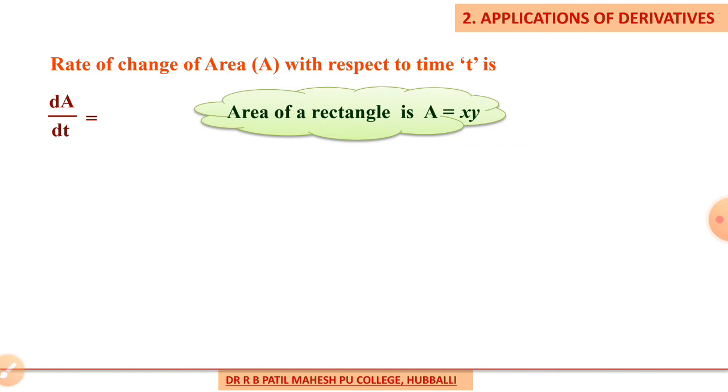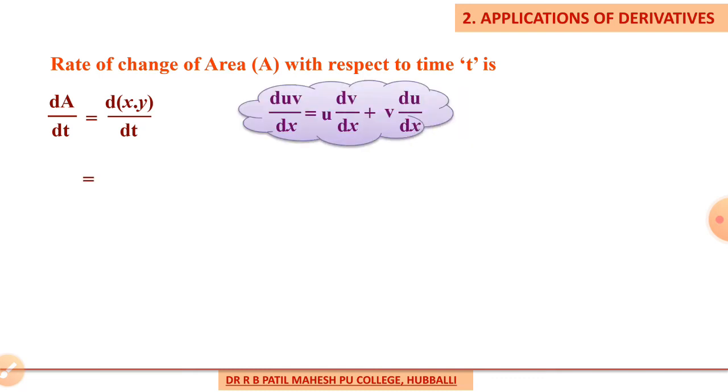Now I have to differentiate this with respect to t. On the right hand side, x into y, both terms are variables, so we can apply the u into v rule here. So the derivative of xy with respect to time t is given by: first term as it is, derivative of second term, plus second term as it is, derivative of first term,